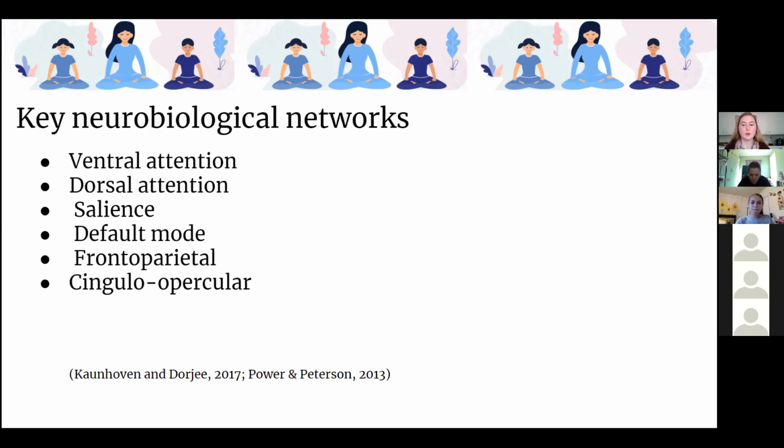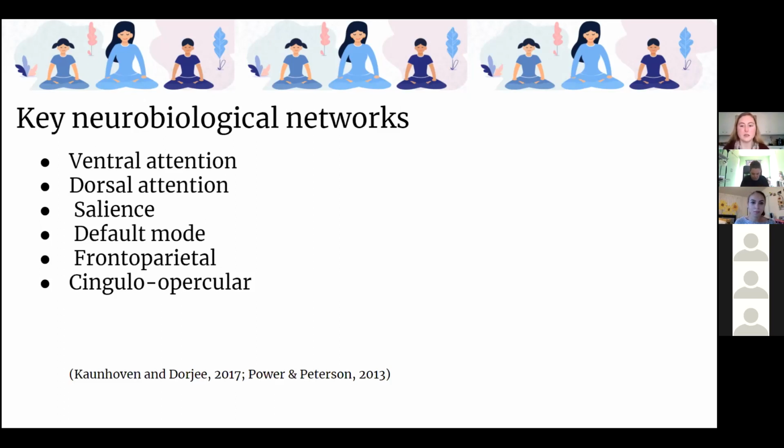The default mode network is involved in mind wandering, self-monitoring, and reflection. Deactivation of this network has been shown to result in more mind wandering, and development of the default mode network increases children's self-reflection and self-monitoring skills as they grow. The frontal parietal network is important for, again, switching between tasks, and also recognizing stimuli and feedback within the brain to make fast behavior adjustments in response to stimuli.